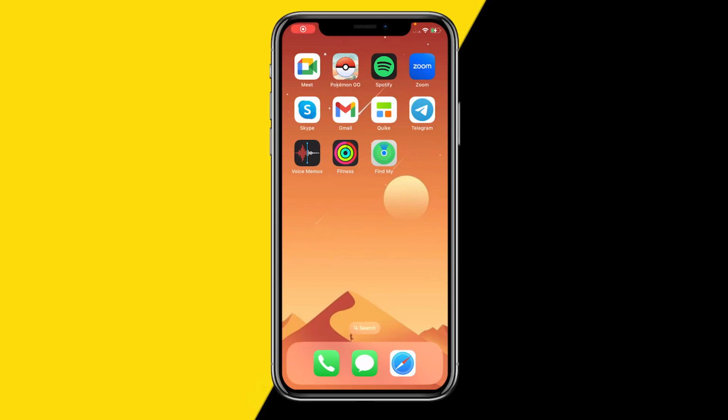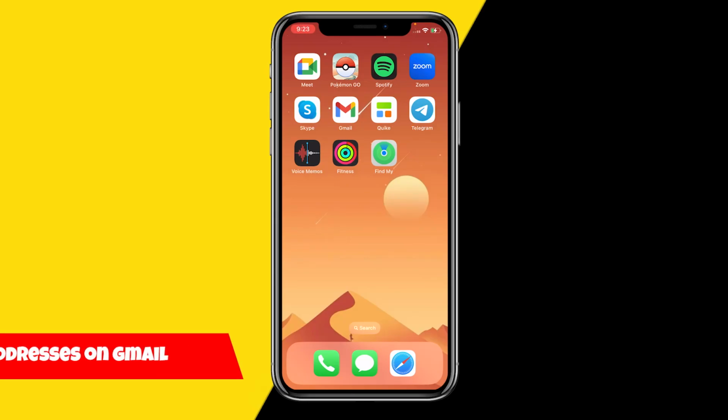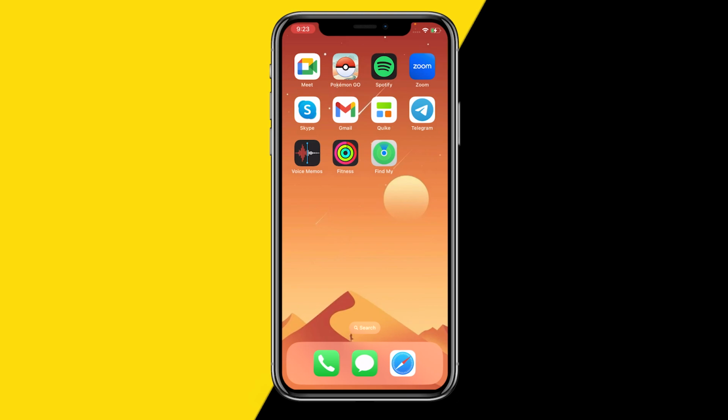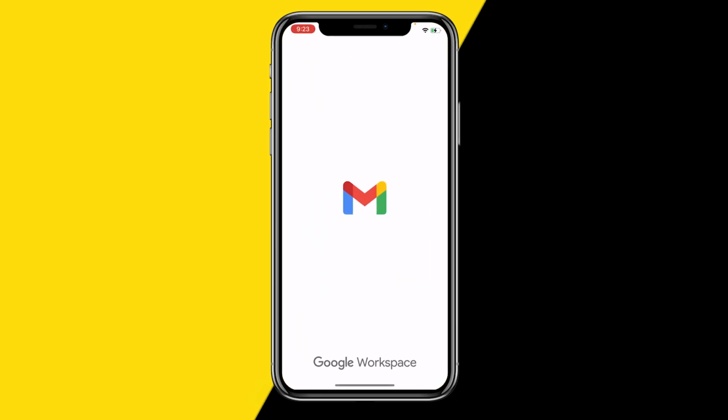Hello everyone, welcome to this video, and in this video I'm going to show you how you can see blocked emails over on the Gmail app. So I'm going to show you guys exactly how you can do this, and this will be working over on your iPhone and Android. So all you need to do is open your Gmail app just like this,